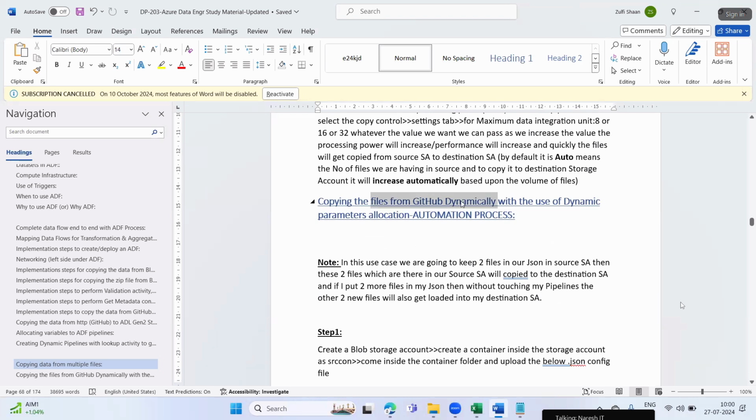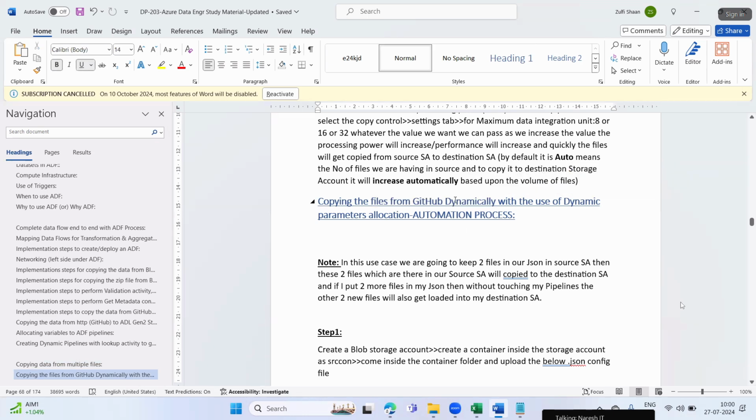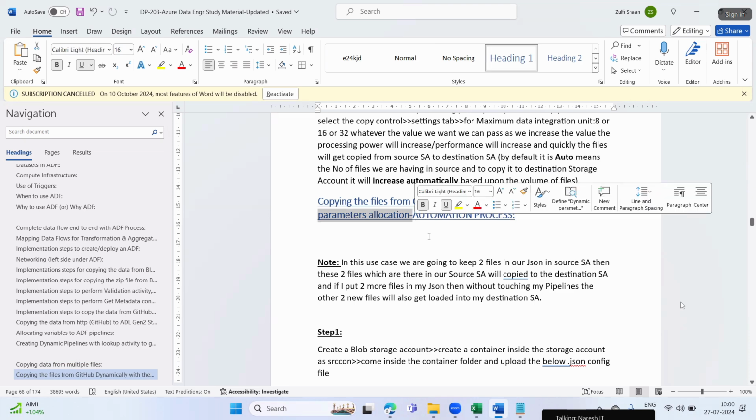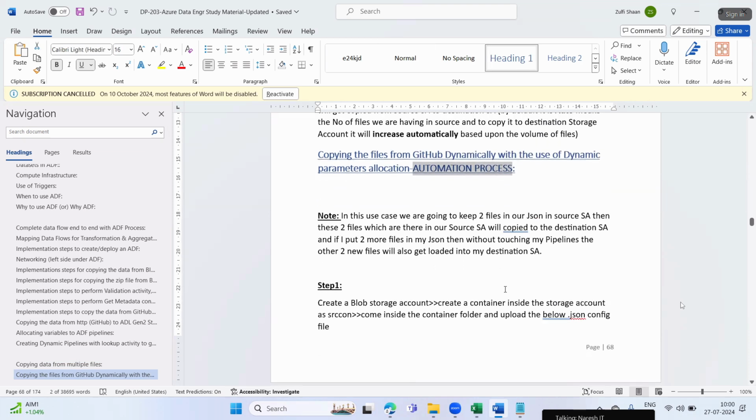Copying the files from GitHub dynamically. Parameters. Here we are creating dynamic parameter allocation, and this is completely an automation process. So what is this note? In this